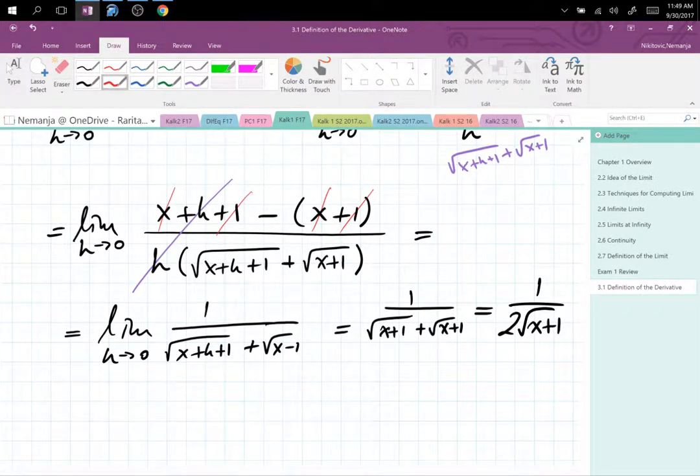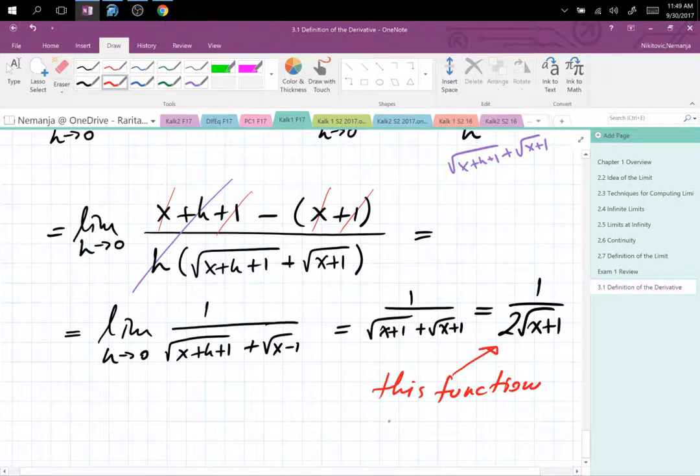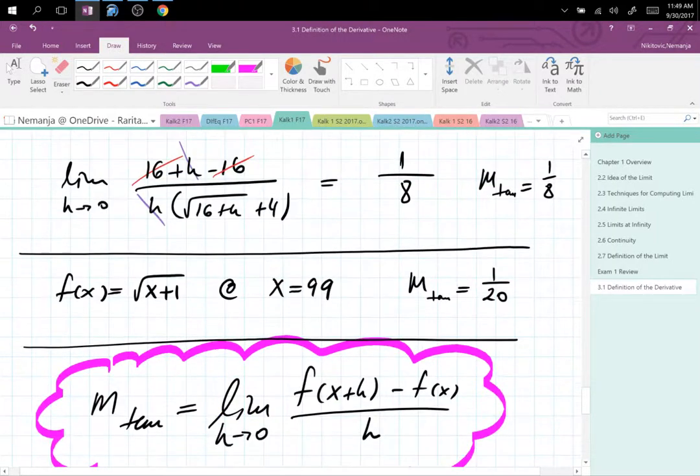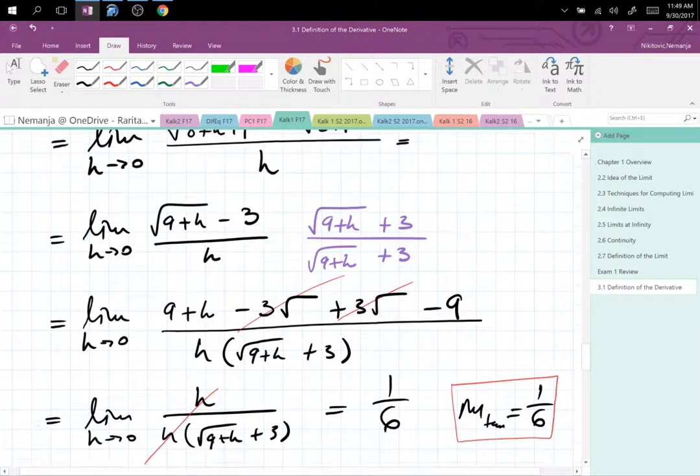So I'll write it here in blood. This function will generate slopes as we plug in x equals a. You want to test it? Let's go. The first time around,